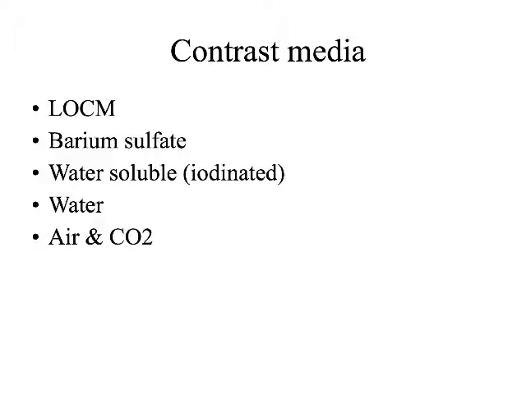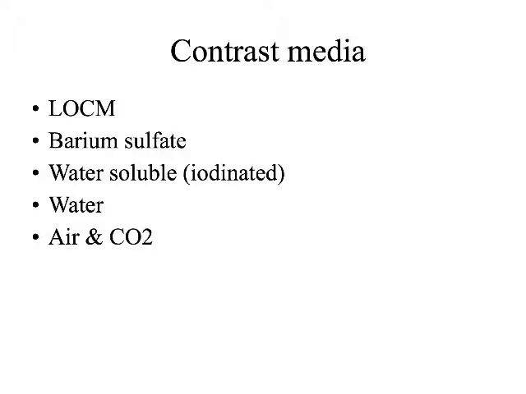The number 2 most common contrast media that we play with is barium sulfate. Typically it's in some kind of flavored form, or we're mixing it up into different consistencies. Barium is an actual element on the periodic table, and its contrast properties were discovered by Thomas Edison. So we use it primarily for the digestive system, right? And we'll talk about different types of barium sulfate, but just know that for the time being, it is a